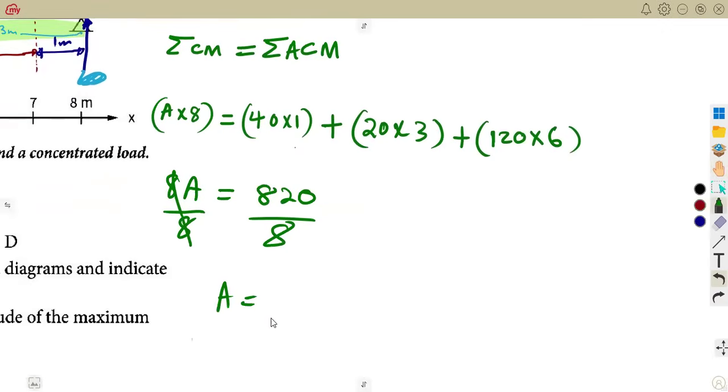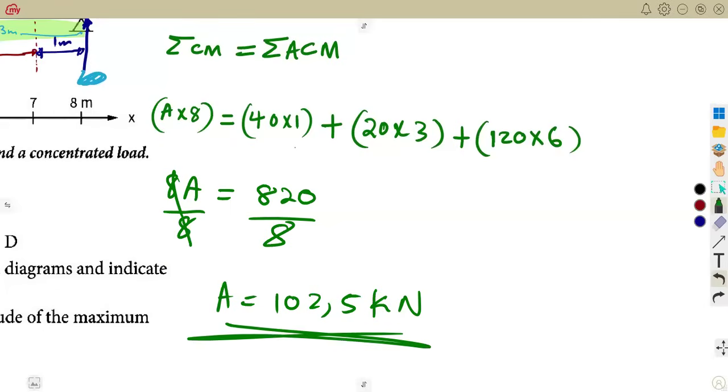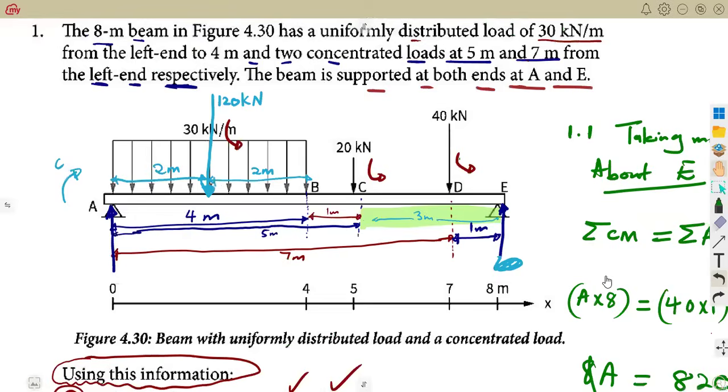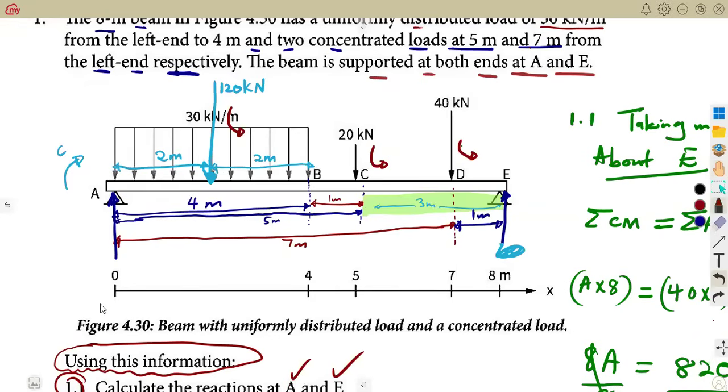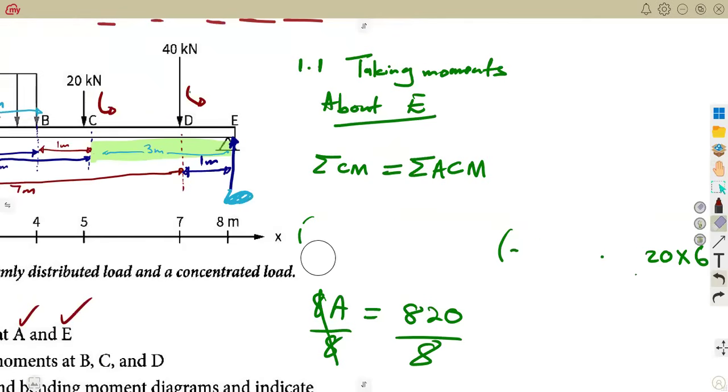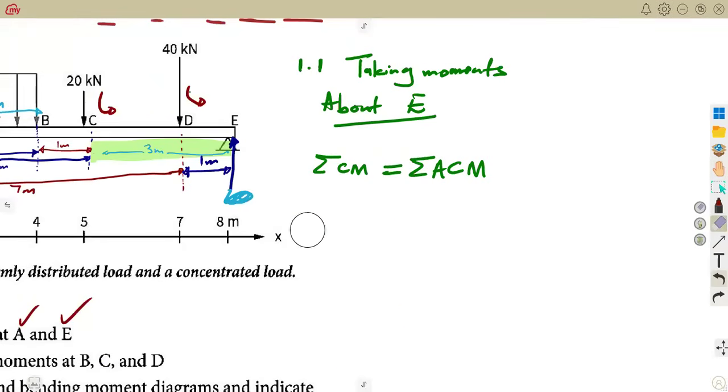So a was going to give us 102.5 kilonewton. All right. So this is the part of our reaction. Managed to calculate this. All right. So this is our A, guys, 102.5. So I'm just gonna write it aside here. A is equivalent to 102.5 kilonewton. So using the same part, we are going to take moments about A and quickly have our value